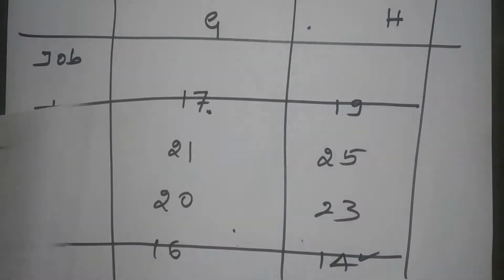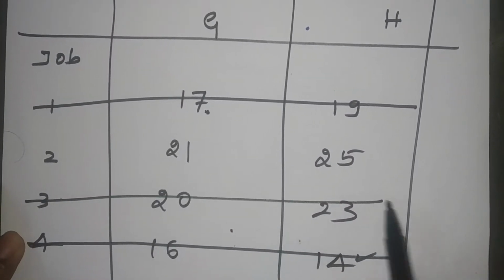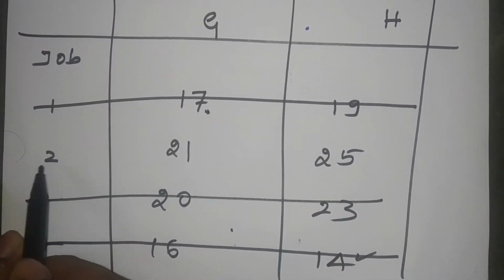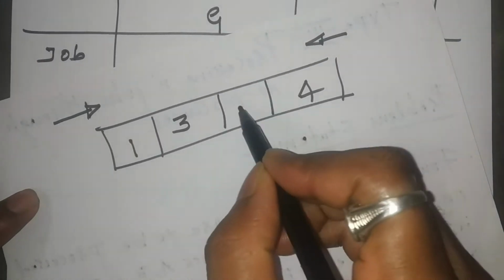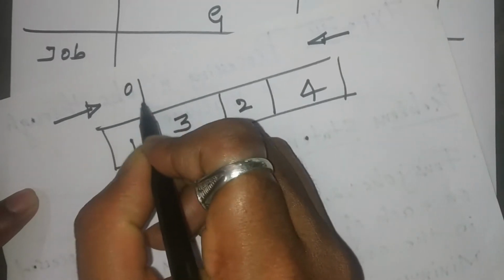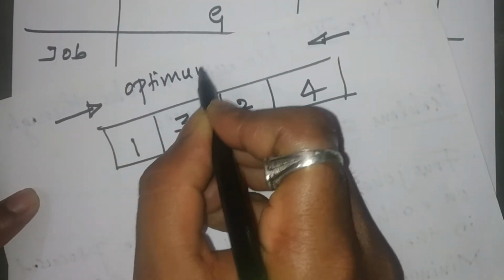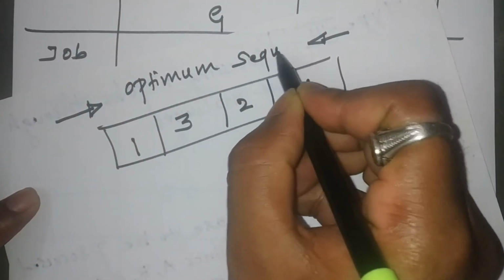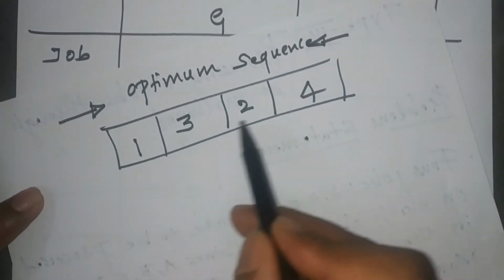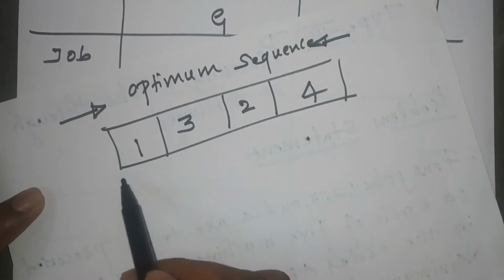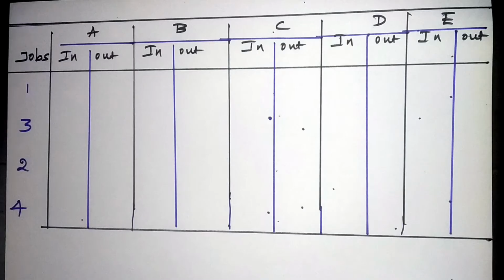And what I'll do is once you sequence this, you delete from the list. And finally we have left it with only one job, that is the second job, and you just take it here, this side. So this is my optimum sequence. So we have to sequence the jobs 1, 3, 2 and 4. So this is what we found out as sequence.